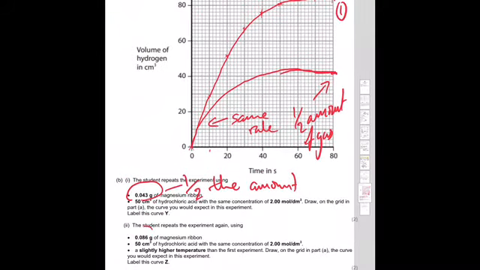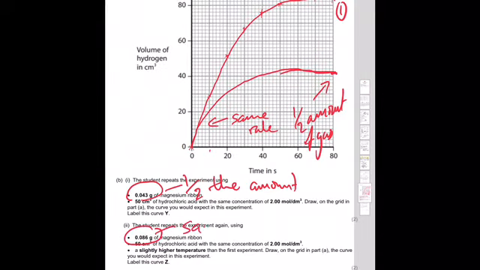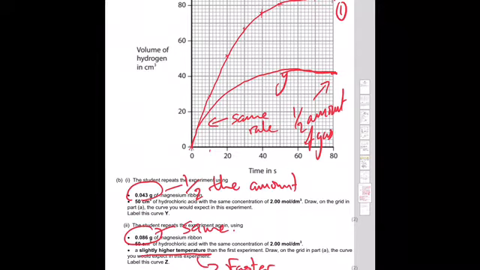And Z, here we've got the same amount of chemicals and the same concentration and the same volume of acid, but it's at a higher temperature, so the rate is going to increase. So what that's saying is the amount of gas produced is going to be the same, but it's going to get there quicker, so the graph is going to be steeper. So you need a steeper graph that flattens off at roughly the same point,